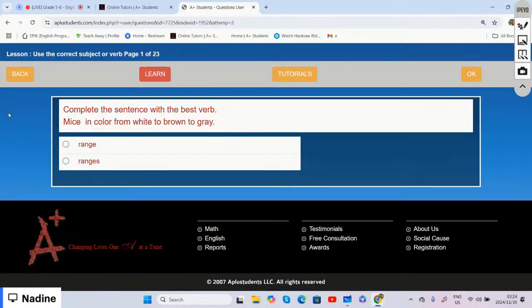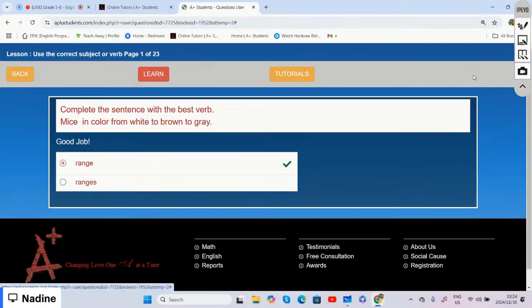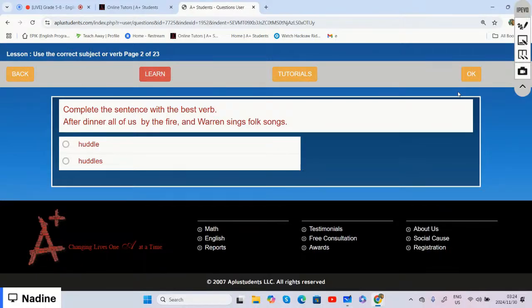All right. Our singular verb would end in s or ies, but it says mice, which is more than one mouse. There's actually mice, which is more than one. Then we can say range if it's more than one mouse. Range in color from brown to gray. Yeah, because remember, if our subject is plural,